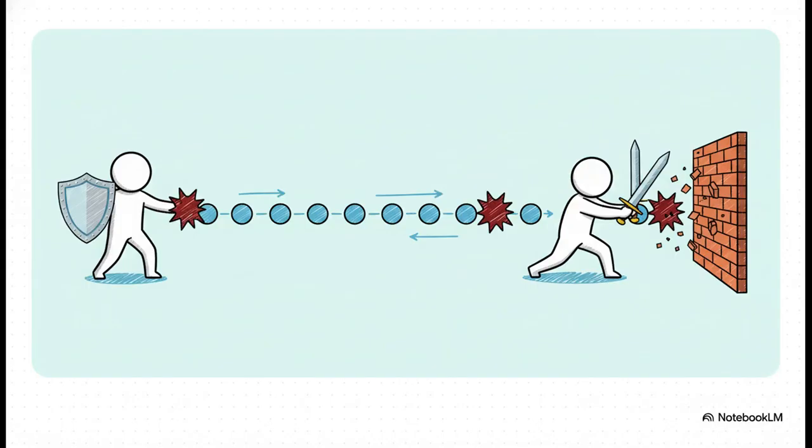Think about it from both sides of the coin. If you're on defense, your job is to know what normal traffic on your network looks like, so you can immediately spot something weird, a strange connection, a messed up packet that could signal an attack. Now, if you're on offense, you're looking for clever ways to abuse those very same rules, to maybe sneak past a firewall, or hijack a conversation, or disguise malicious data to look like it's legitimate. Both sides are playing on the same field, with the same rulebook.